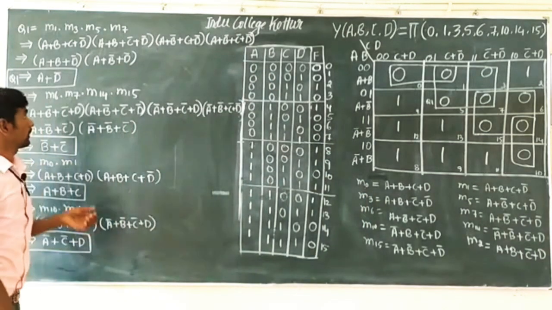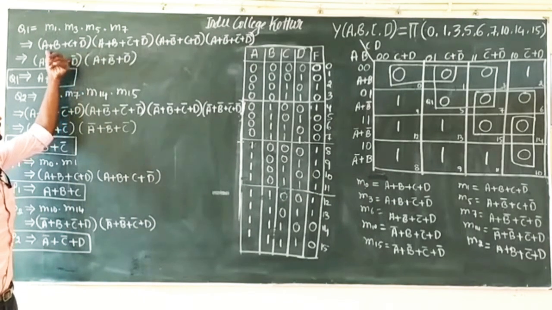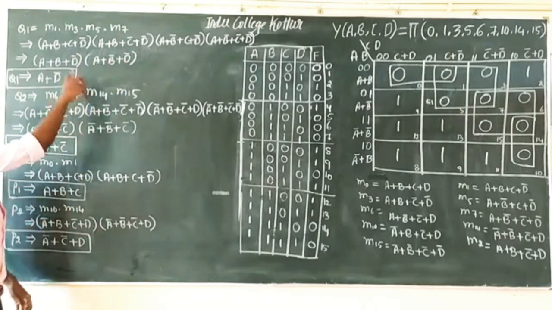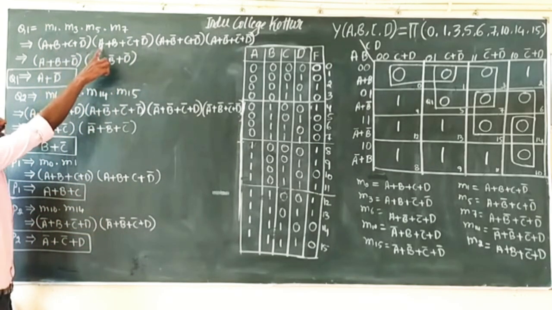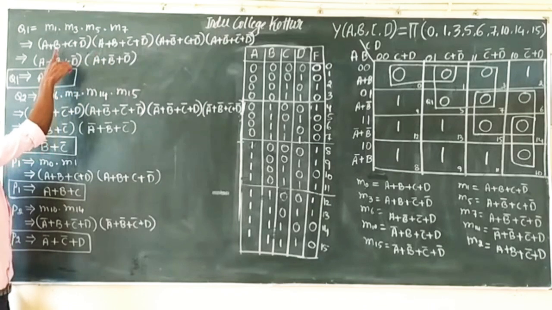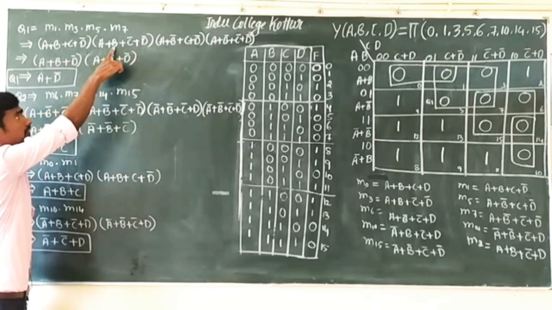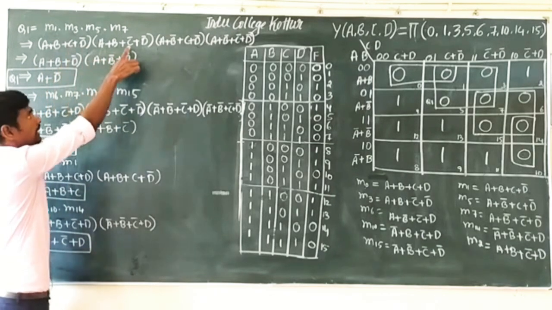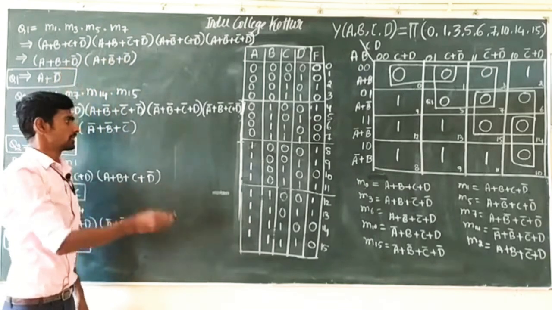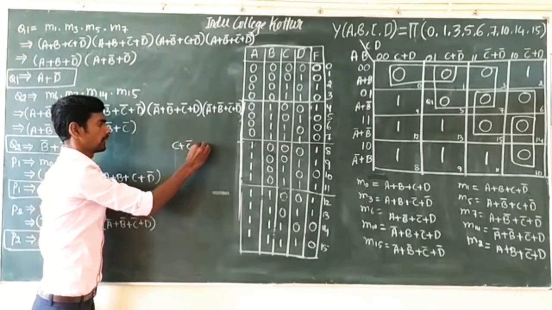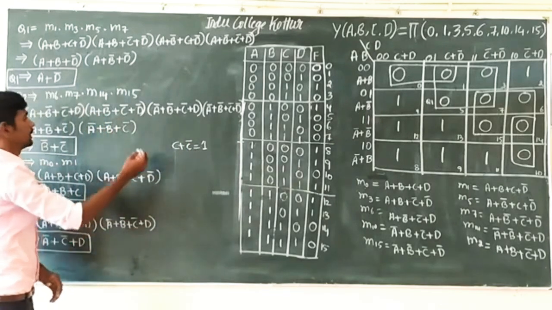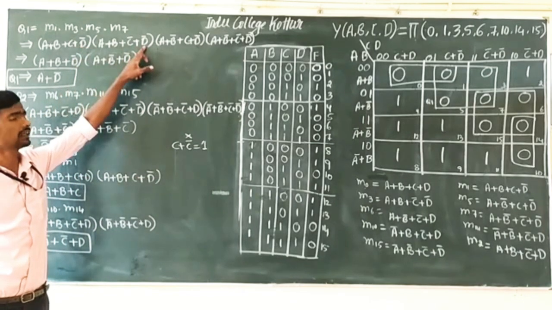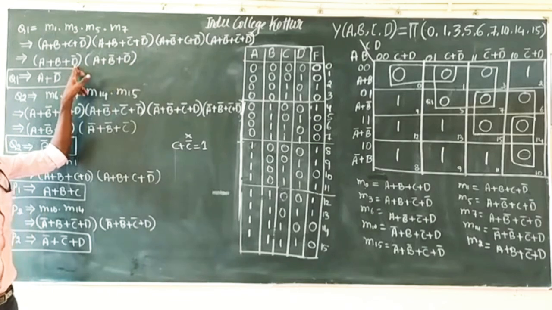Next, we can reduce the first two expressions. It is the first expression, next it is the second expression. We can take only the same variables. Here is a, here is a, we can write a. Next variable b, here is b, here is b, we can write b. Next, here is c, here is c complement. It is changing, c plus c complement is 1, that's why we can ignore it. Next, here is d complement, here is d complement, we can write d complement.